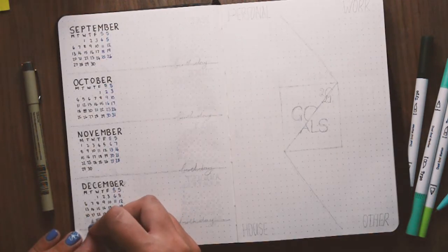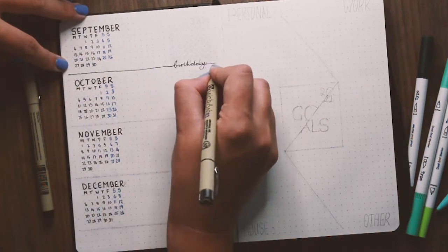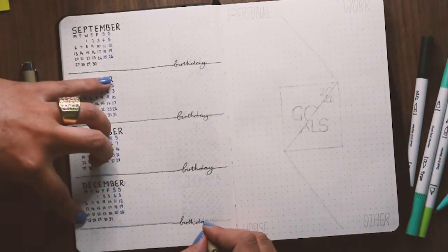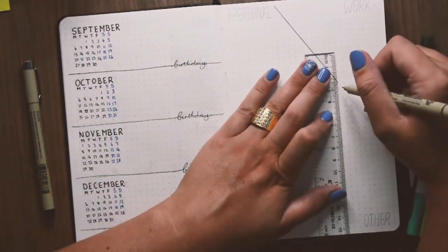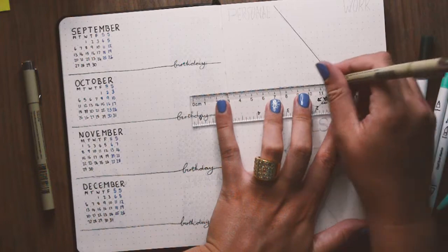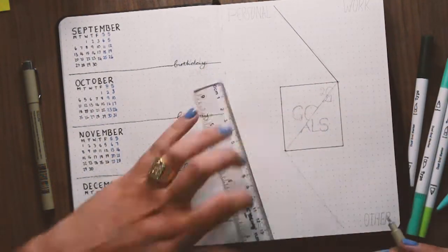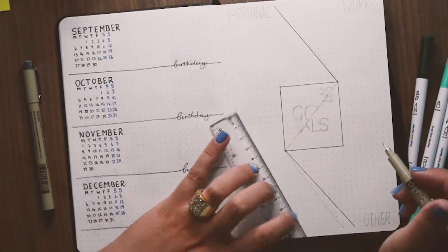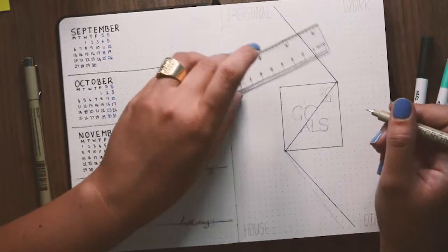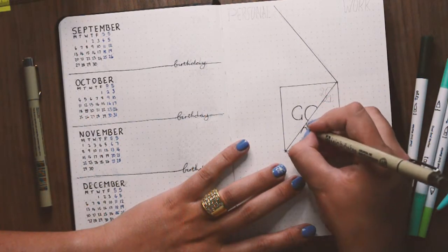Now, the goals page to me is something that is so useful. I will write in my yearly goals, things that I think I will achieve and want to achieve, but also some things that I think might take 2 to 3 to 5 years. And then I will just not look at it again. Although I do go look at it throughout the year every 3 to 6 months,